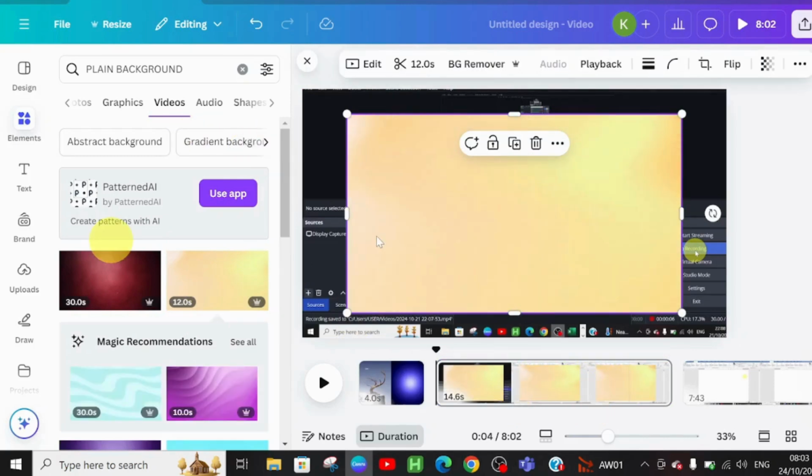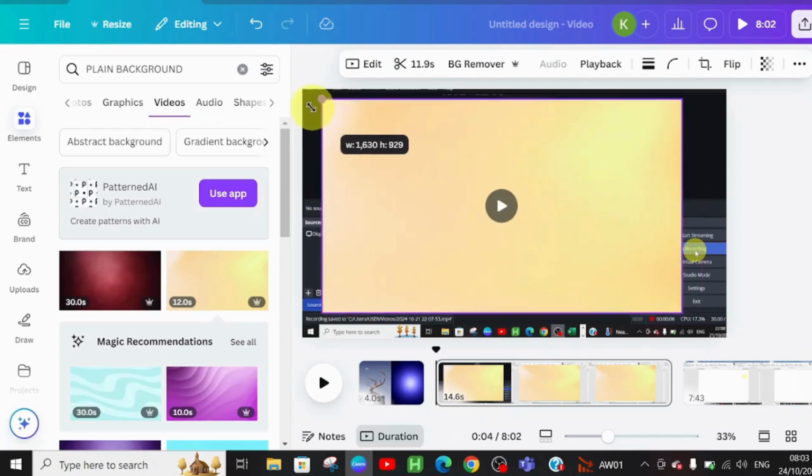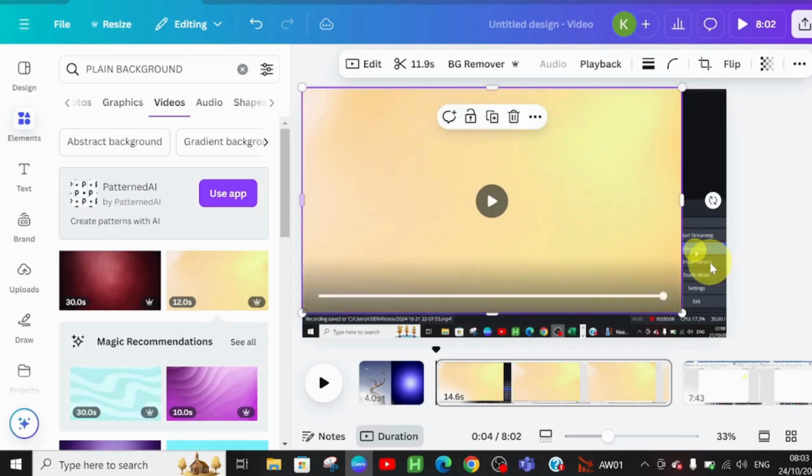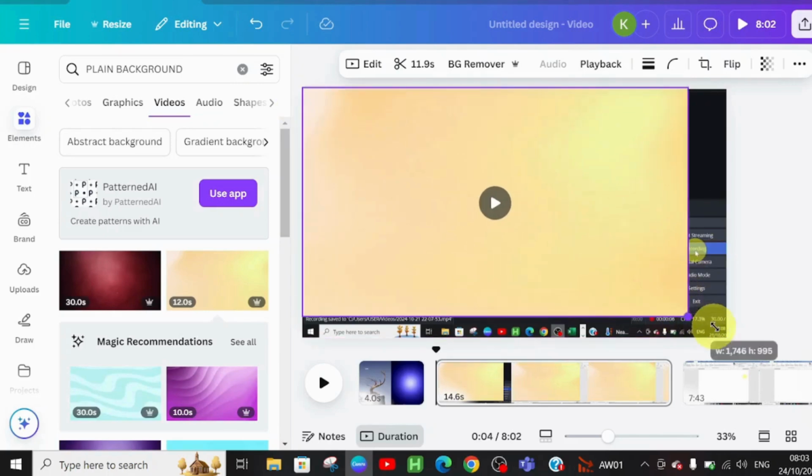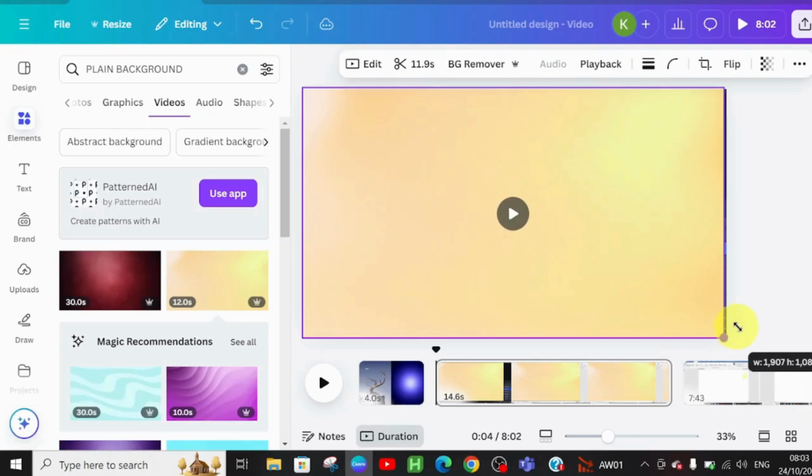But assuming you went with a 30.0 seconds, this one right here, you have to reduce it, like reduce the length of the video, to 14.6. So all you need to do now is just go ahead and resize this one. Once you resize it,